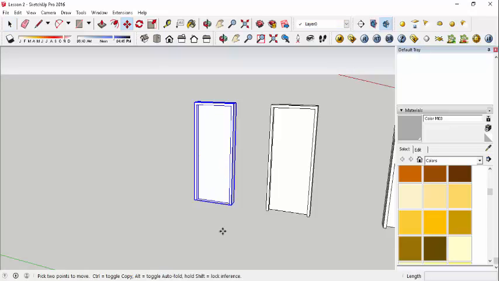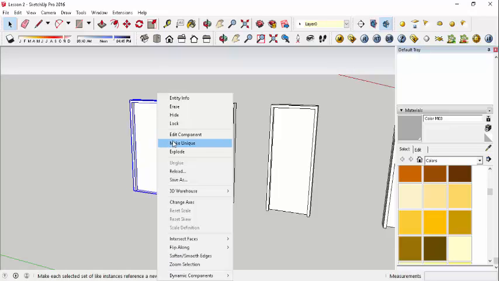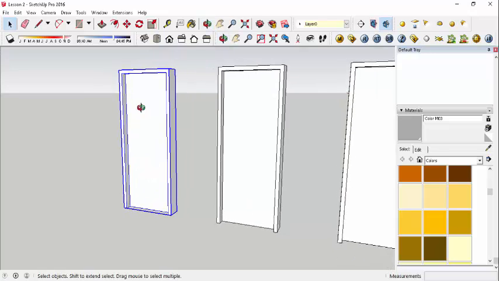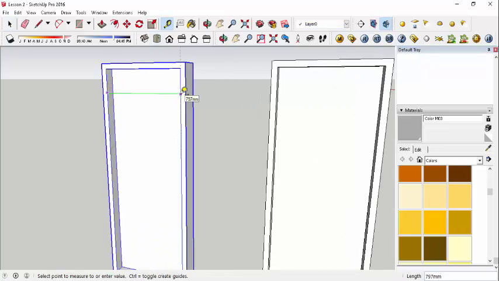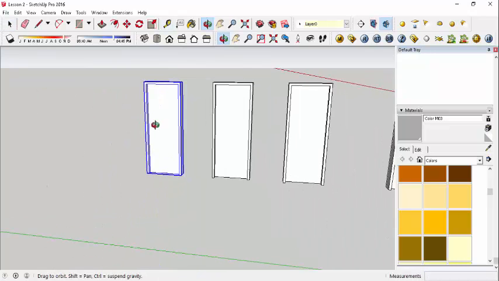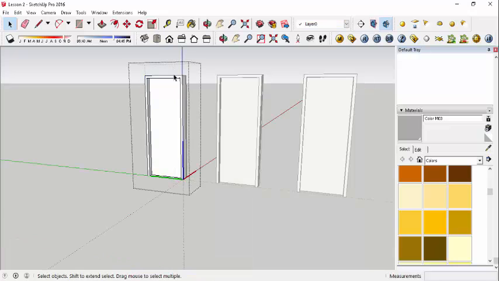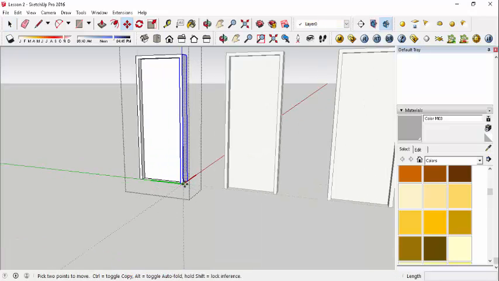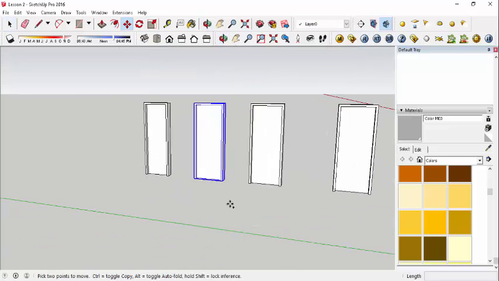What I will need to do is, let's copy it first. This is still a component. For me to change just one, you have to right click and make it unique. Once you made it unique, this is still a component, but you can change it. Let's say current width now is about 797, about 800. Let's say I want it to be just 700. So edit component, and then move maybe 97 just to make it 700. So there, as you can see, this one is a bit leaner, while if I do it with this component,